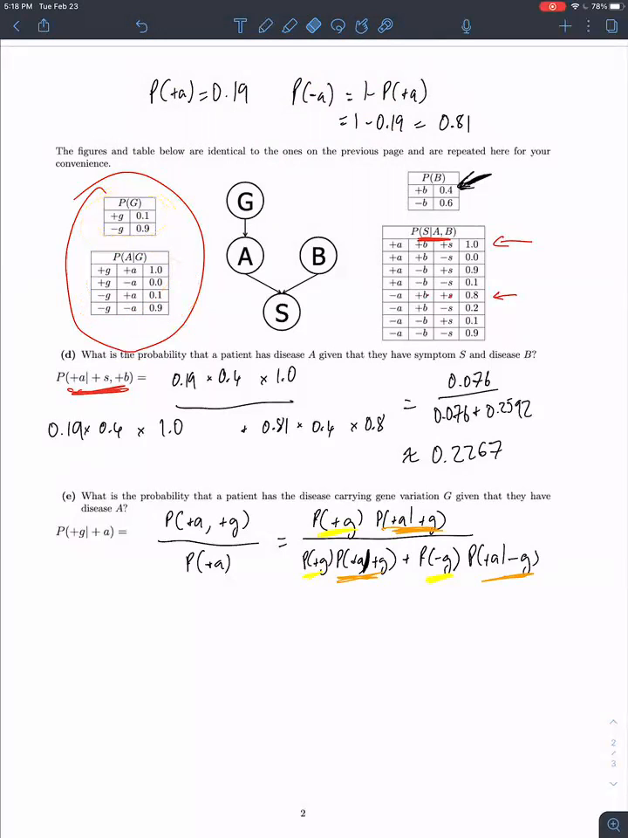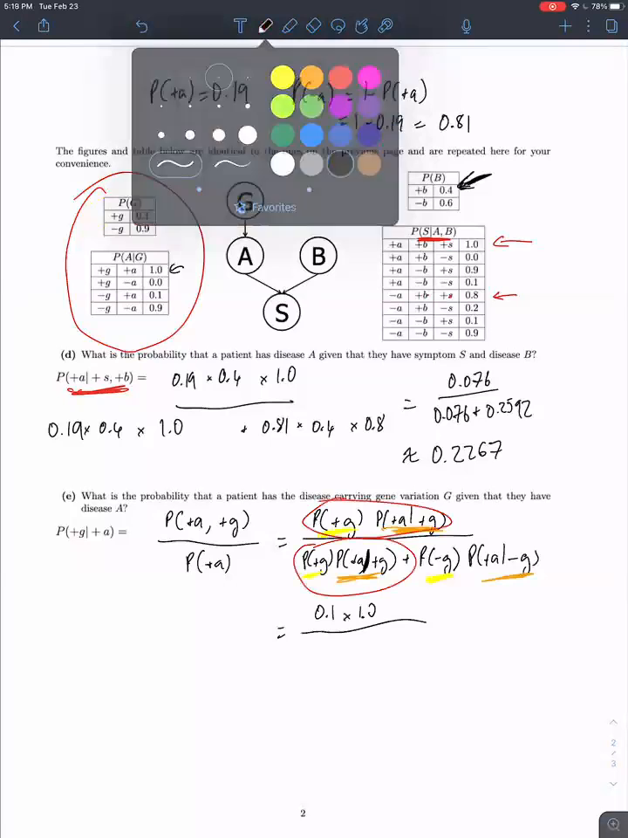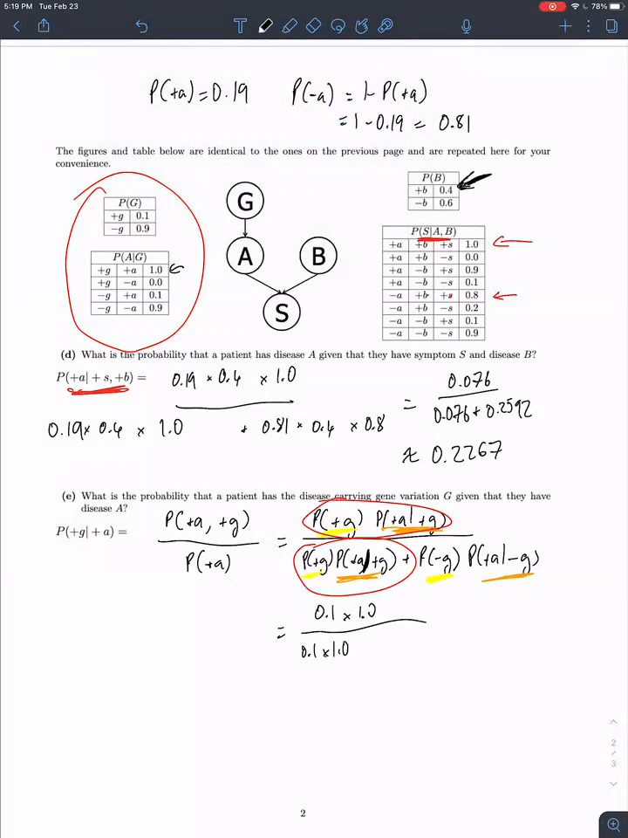So let's plug in some numbers. Probability that you're positive for G is 0.1. Probability that you're positive for A given that you're positive for G, so that's the positive row right here, which is 1.0. Now, one nice trick is that this term here is the same as the thing on the top. So you can just copy. So 0.1 times 1.0, plus probability that you're negative for G, that's 0.9, times probability that you're positive for A given negative for G, that's the negative G positive A entry right here, that's 0.1. So 0.1 divided by